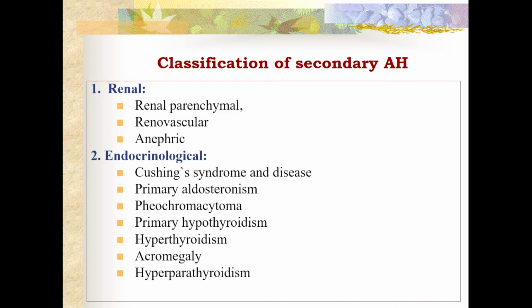In first place, renal arterial hypertension: renal parenchymal, renovascular, or anephric. Second group of reasons of secondary arterial hypertension, endocrinological diseases, such as Cushing syndrome and Cushing disease, primary hyperaldosteronism,